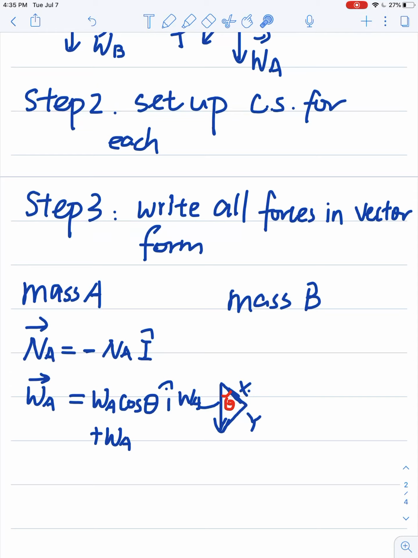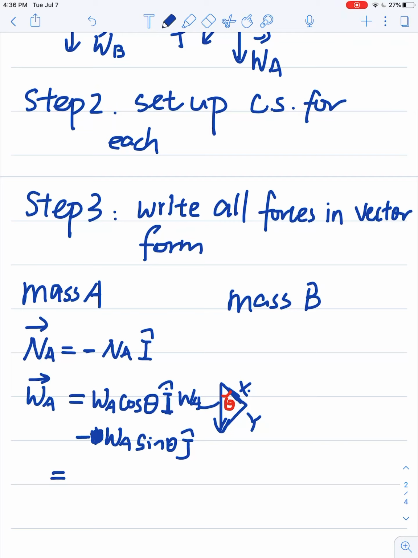up the slope. However, if you look at the force WA, the y component of WA is pointing down the slope. Therefore, that should be a negative value here. Instead of having a positive sign, you should have a negative sign for J component. This is I component. WA times sine theta J. Okay. So this should be the vector form for WA, but we know the mass for WA, so we can